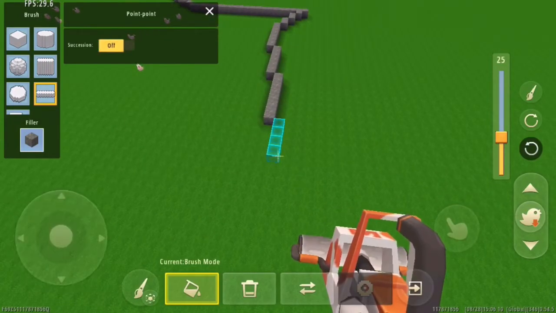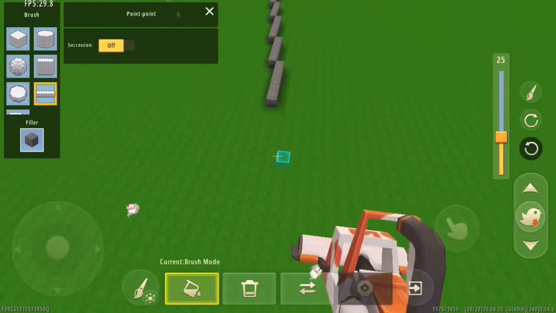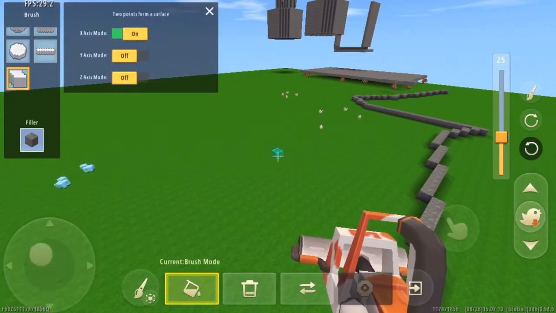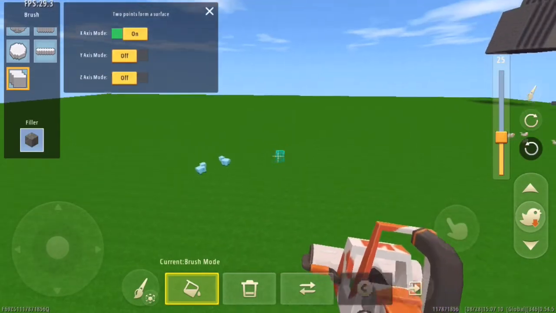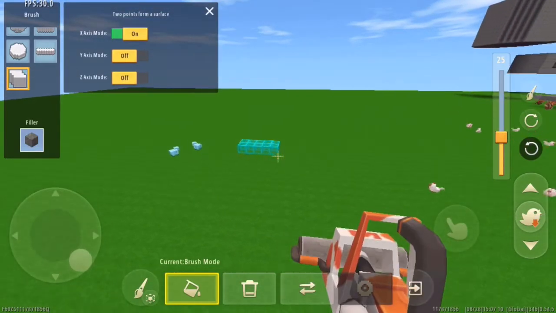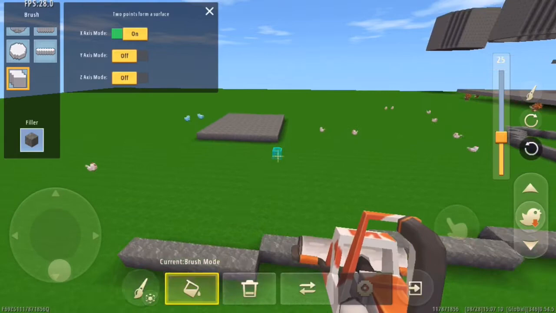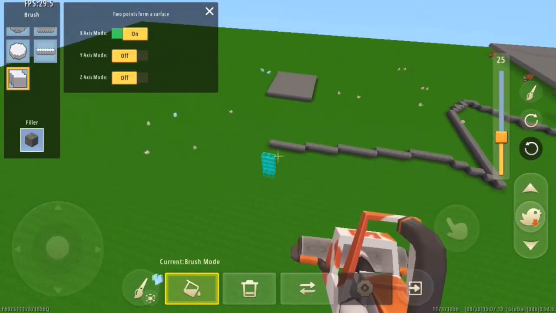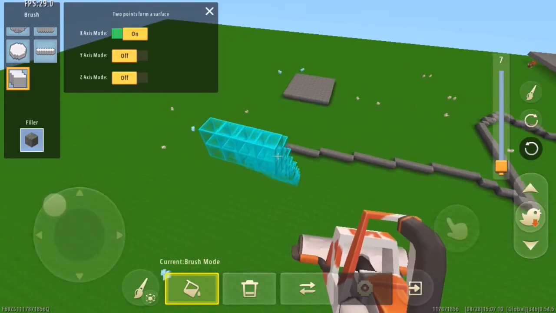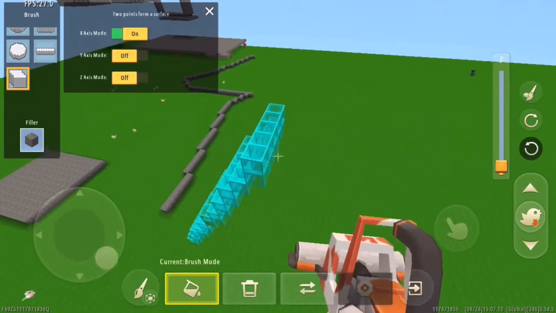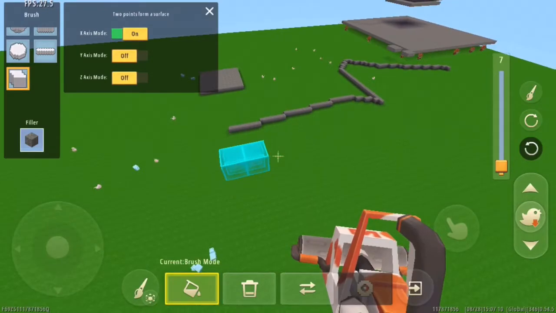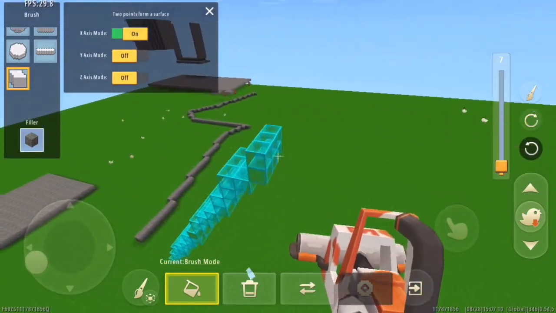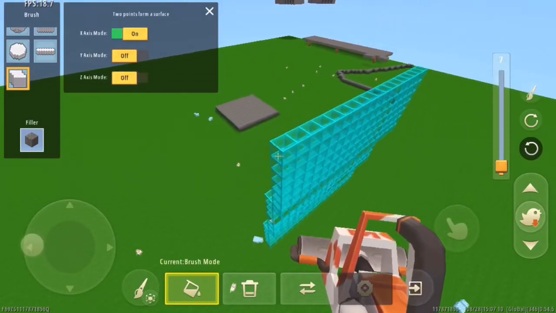Now if you turn that off, you can just come out and it does not set the starting point. And down at the last one, then basically at the setting it is already on, you can make it flat like this, and if you go up in this direction, it will just make stairs. It won't make a wall. But it will make a wall in this direction.